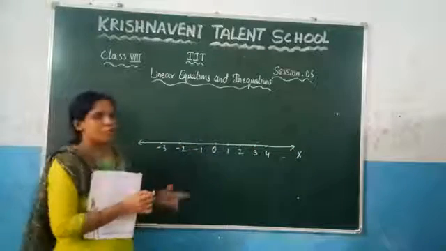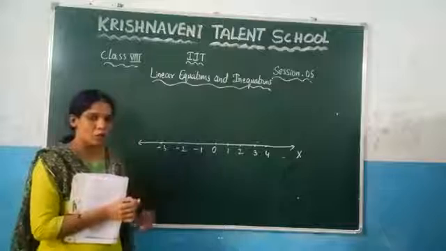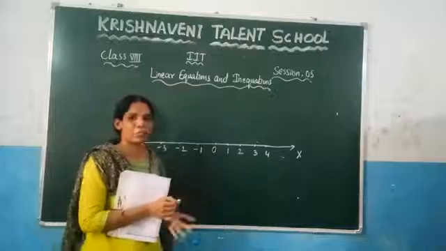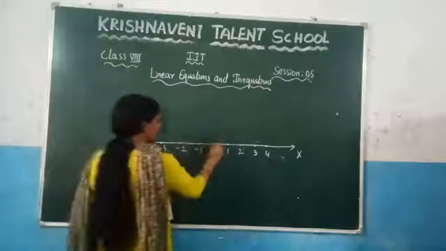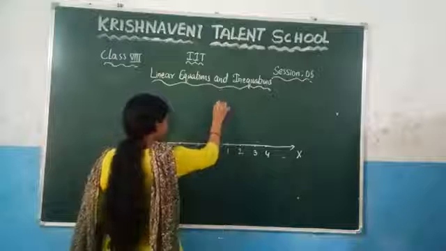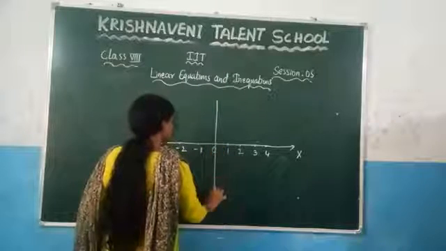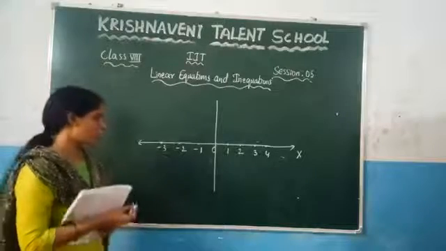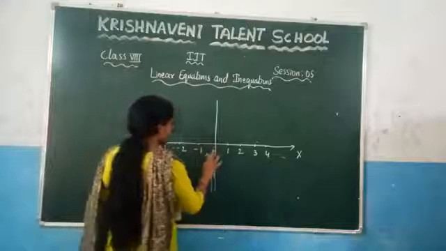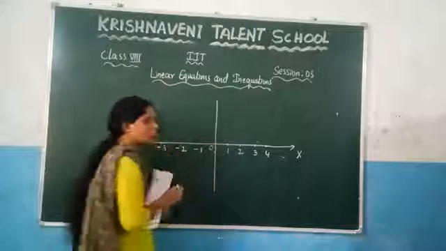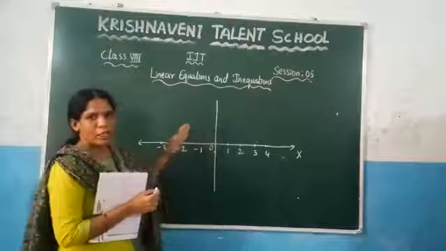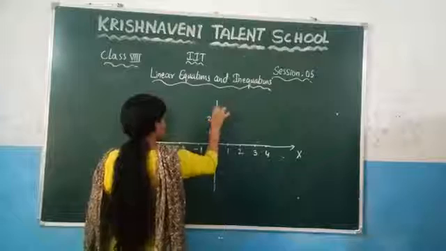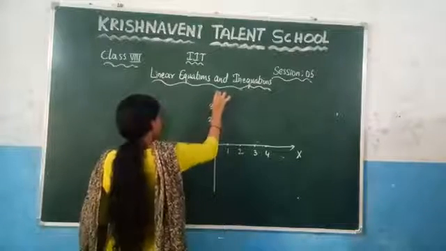And after that you need to draw one vertical line. How to draw the vertical line here? Such that these two lines should be perpendicular lines. So here at point O you need to draw one line perpendicular to the x-axis, because this one is the x-axis, as we just told. So this is O. Above O you need to write the positive numbers. So write it here 1, 2, 3, and it goes on like this.